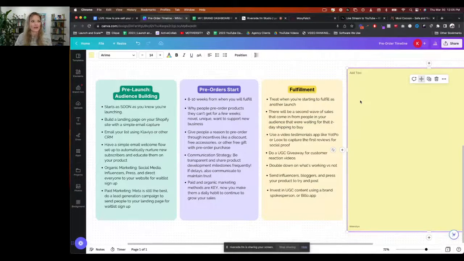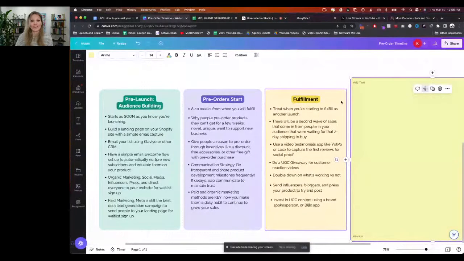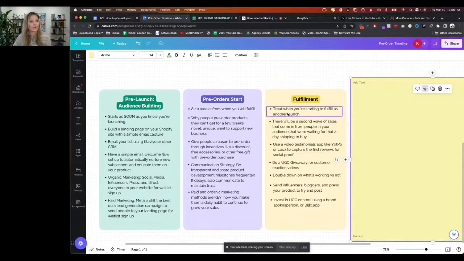One trick that I found works so well with not just crowdfunding campaigns, but any pre-order campaign, is that as soon as the shipment hits the dock and as soon as orders are being shipped to your customers, that is another excuse for a market launch. Here is where you want to treat the start of fulfillment as another launch, because as mentioned before, you're going to have a segment of your audience that was waiting on the fence until you're actually fulfilling. So if you play this right, you're going to have another influx of sales